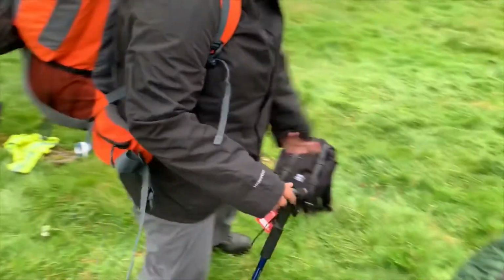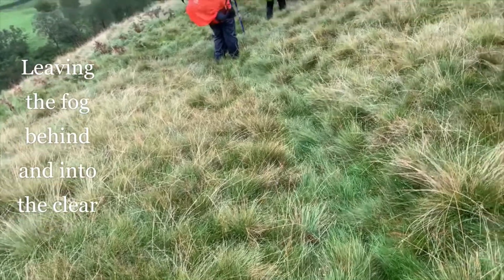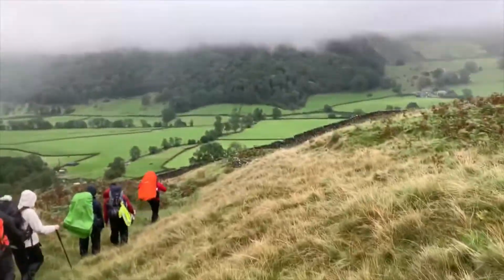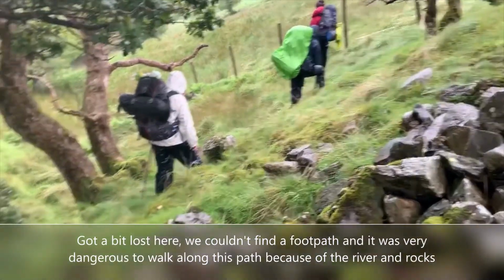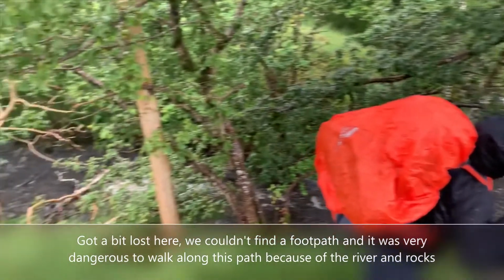We got lost at one point, which you can see in the clip, but we figured it out. We looked at the map again and kind of rerouted and found our way. So yeah, we made it to the campsite. This campsite actually had a shower. It wasn't an actual campsite, but let's just say it was. So yeah, we had a shower,